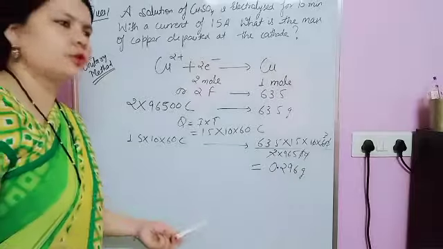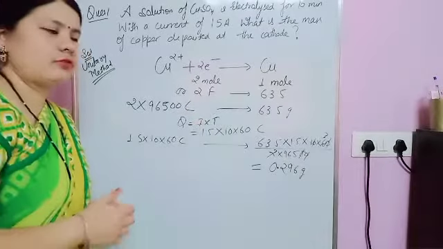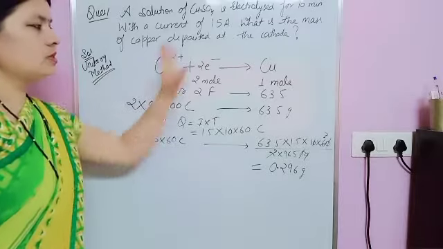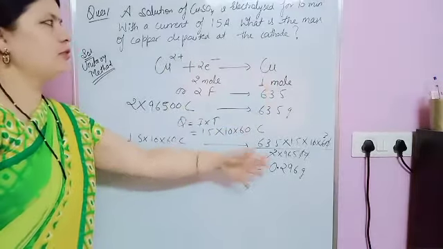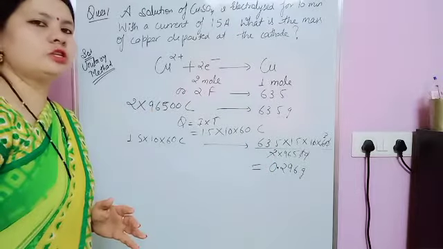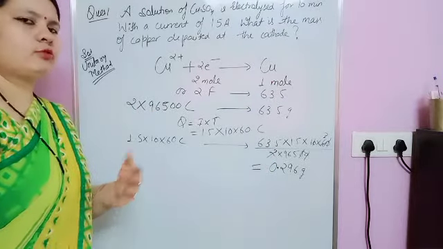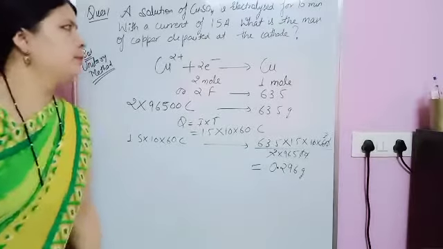So this is your unitary method. And how to write this in language form, that also I'll give you in the notes. This is a simple method. When you need to be quick, when MCQs are given, you can quickly get the answer and take the correct option. And when you write for the board exam, you have to write in language form. That also I'll send. Okay, you're good.